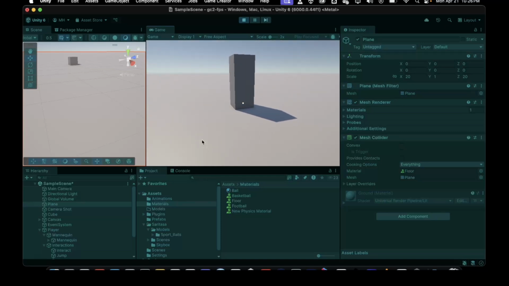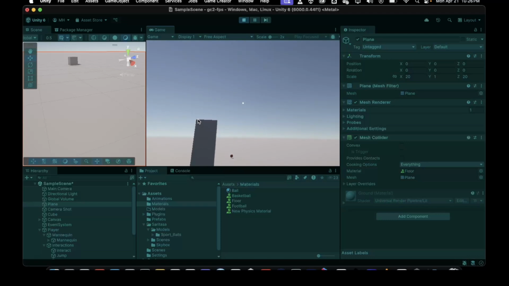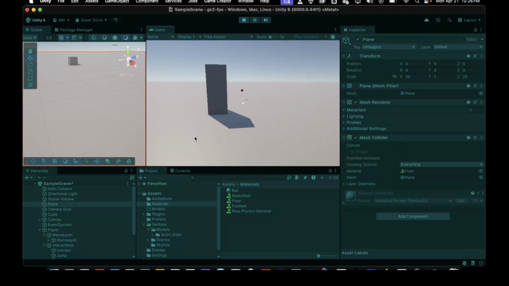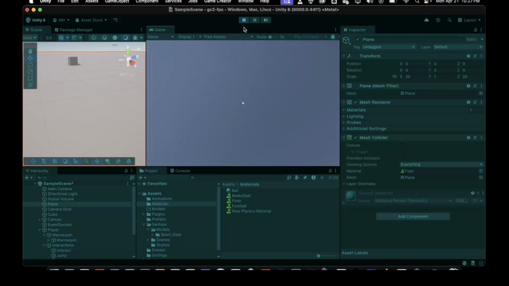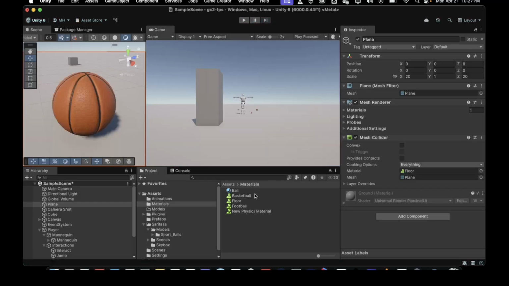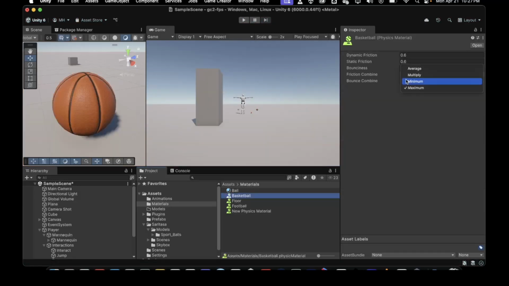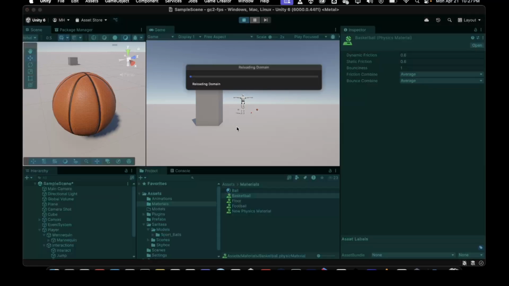But so maybe you don't want that much bounciness. You probably want it to stop bouncing after less amount of time. So I'll just put it back to average, and then we can